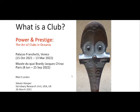And it's a little bit of an evangelical project, I suppose, to present clubs, club in inverted commas, as a very, very numerous artifact type that's in almost any museum that has ethnographic material, but about which very little has been written, and in a sense they are difficult subjects. And there's been no special exhibition about clubs from Oceania, to my knowledge, or there have been very small ones. So I just want to explain about this project a bit, some of our aims,